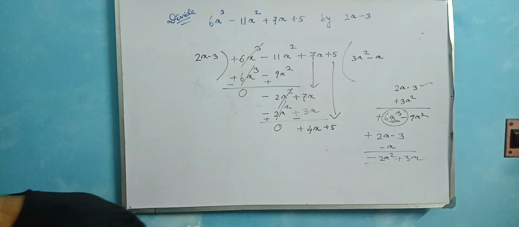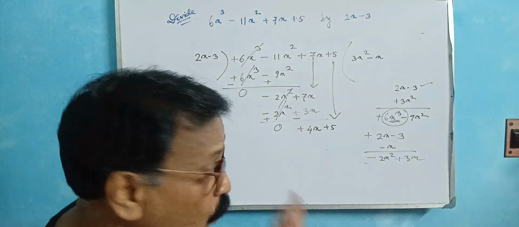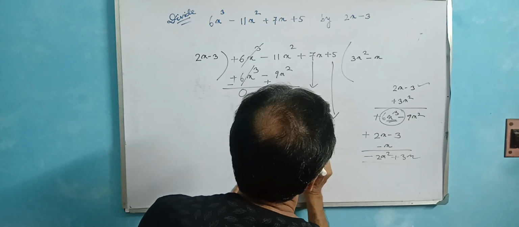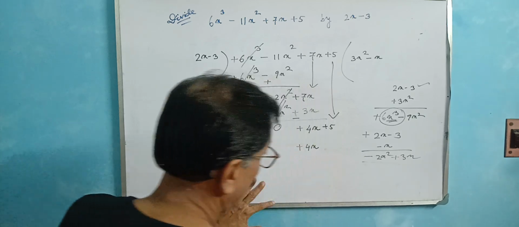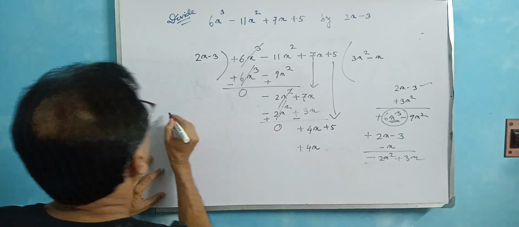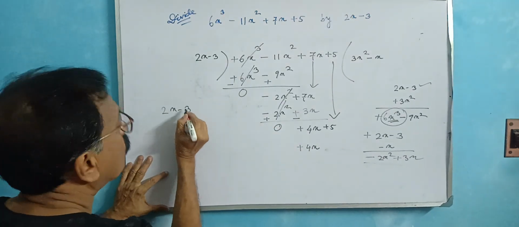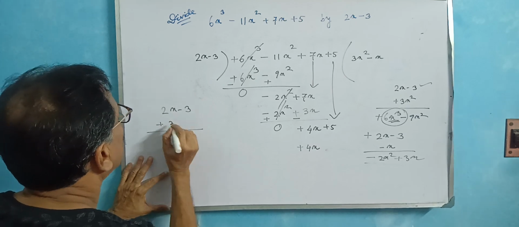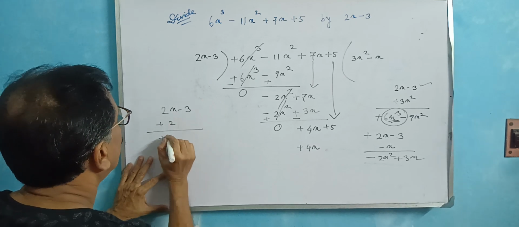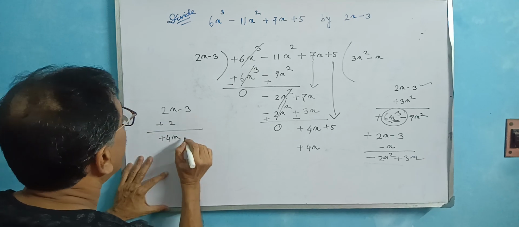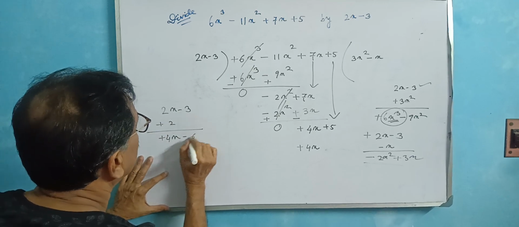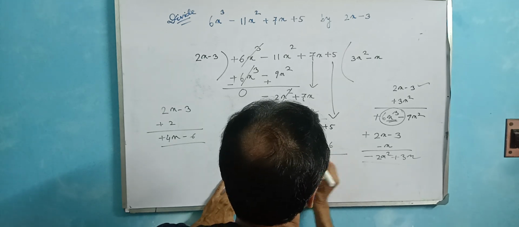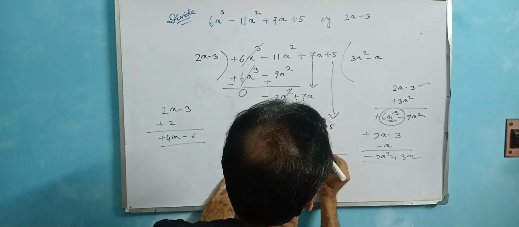Clear? Okay. Now what is your target? You are coming here the plus 4x. So now multiply 2x minus 3. Target is plus 4x. So plus 2, you just multiply 2 to the plus 2 to the 4x plus minus 3 to the 6. You write plus 4x minus 6. Sign change, always sign change, minus it a plus.